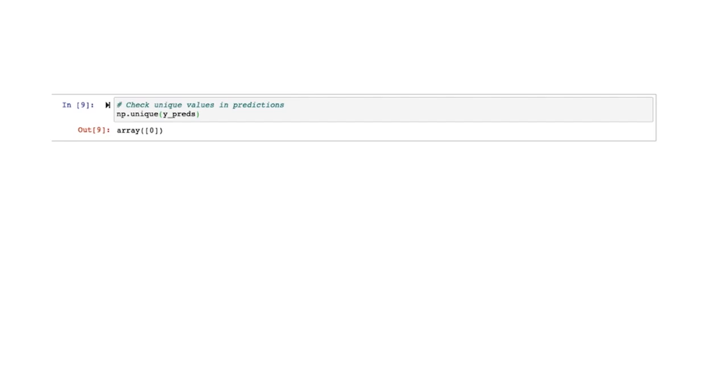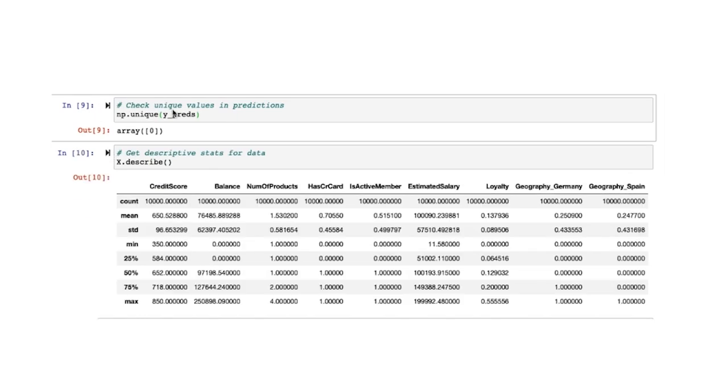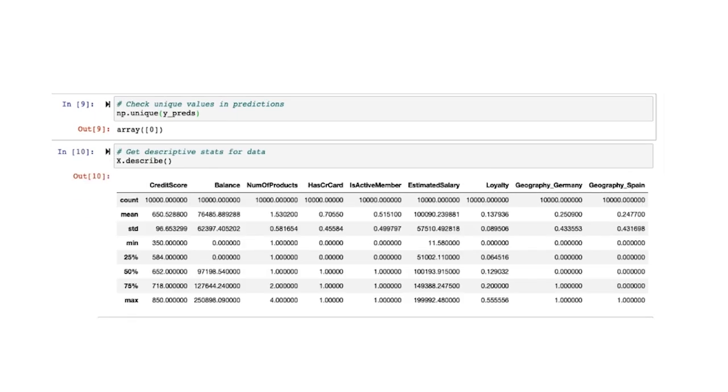Before we give up, maybe the data can give us some insight into what might be happening, or what further steps we can take. Let's use describe to inspect the X data. Something that stands out is that the loyalty variable we created is on a vastly different scale than some of the other variables we have, such as balance or estimated salary. The maximum value of loyalty is 0.56, while the maximum value for balance is over 250,000, almost 6 orders of